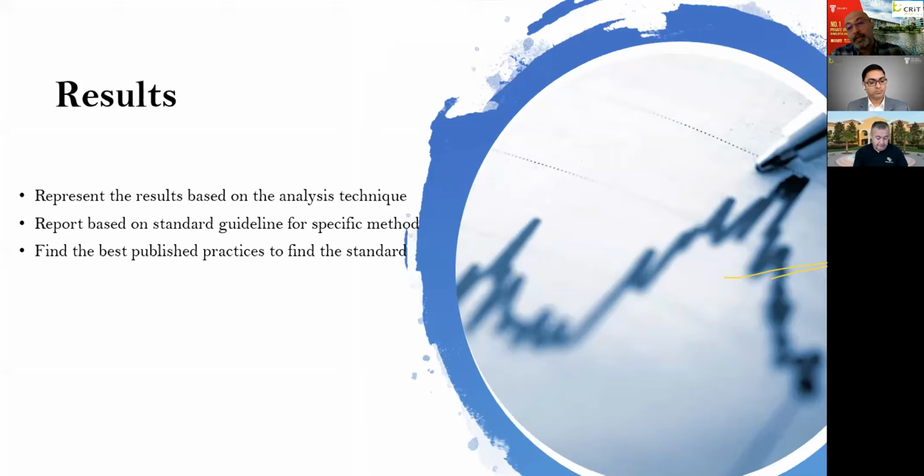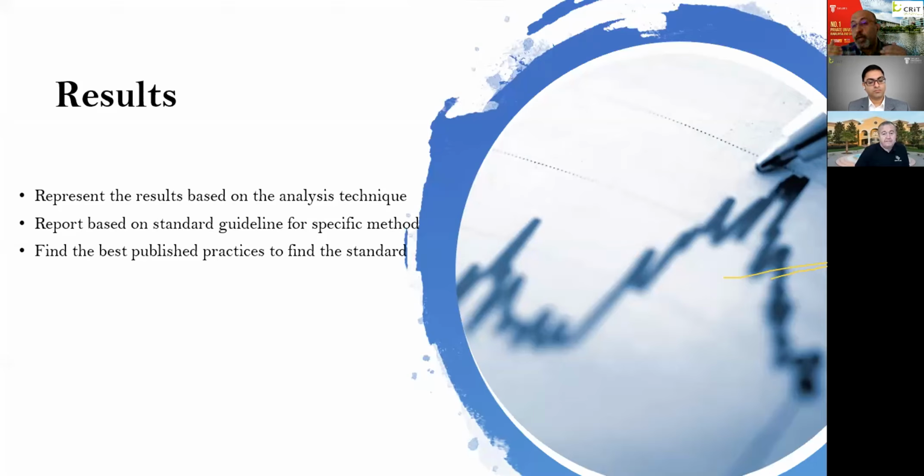If you apply PLS-SEM, right, how did you report your result? What criteria did you report? Did you use a recent guideline to report your result? You have to report your result based on recent guidelines, and you need to be very clear in reporting